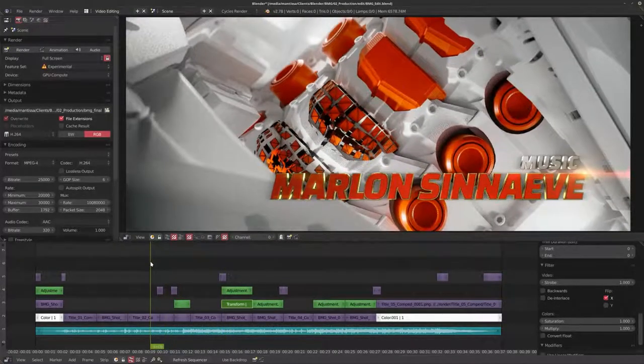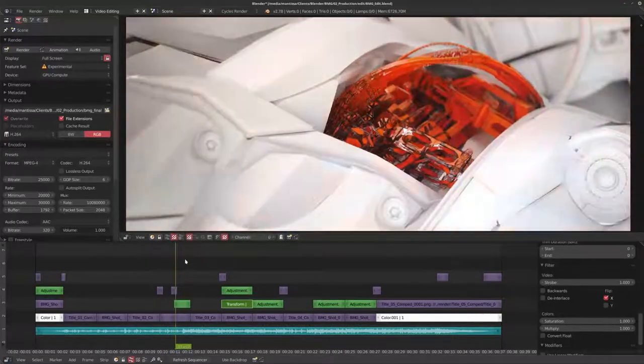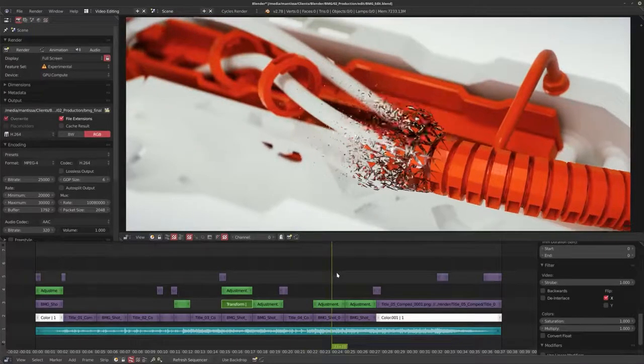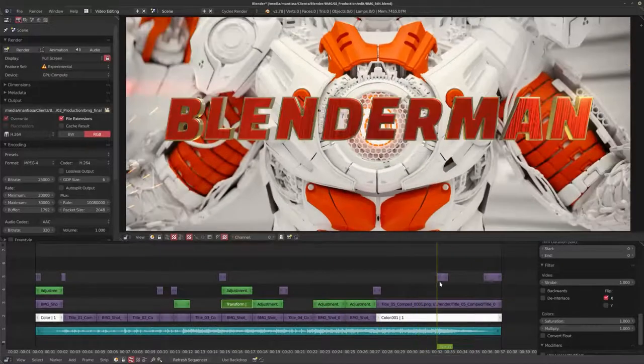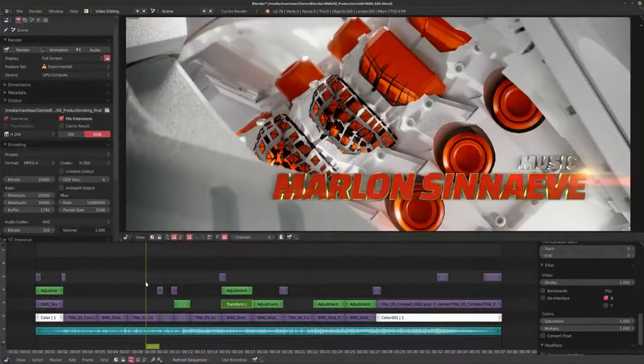Now, I could have probably done this in 3D with some simulation or particles or whatever, but it takes a really long time. And something that I find works really well is these flashes, because they're done in an analog way, with real life camera movement and camera tricks, they feel a lot more natural, and they can really add that little extra element of natural feeling to your final edit. Now, as you can see, this is not a very complex edit. I kept it fairly simple, mainly because I wanted to get the project done in time so I could start recording these tutorials. But Blender's editor is working very well, and I had a really good time creating this project and exploring some of the capabilities that it has.